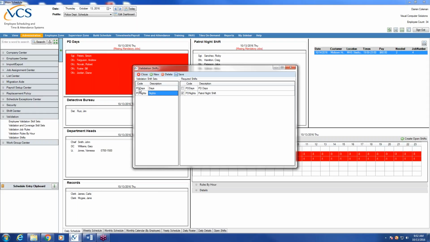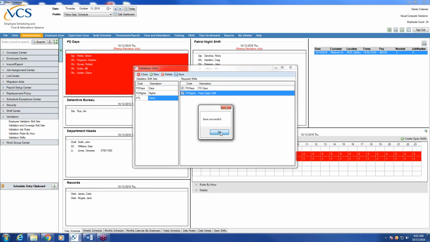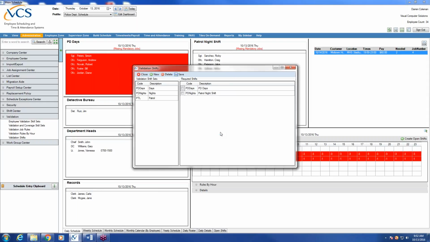So what happens is most departments are going to just create a patrol validation shift where they can track all patrol-related shifts. Now, of course, I only have 12-hour schedules, so I only have 2 patrol shifts. Right. So what this is going to allow me to do is set my requirements not just for an individual shift, which is your choice, you can do it this way, or you can choose to track minimums across a group